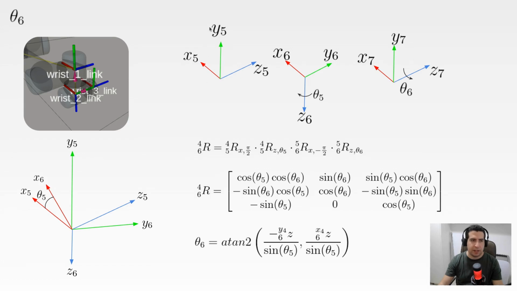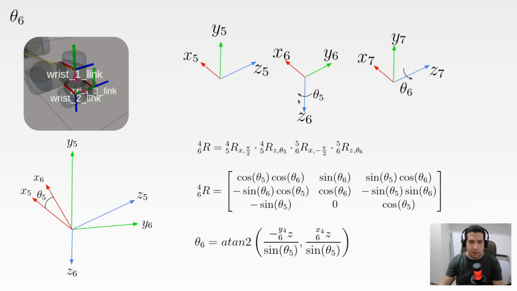Frame number 5 is the wrist 1 link, frame number 6 is the wrist 2 link, and frame number 7 is the wrist 3 link. To go from frame number 5 to 6, you have a rotation by 90 degrees in the x direction,